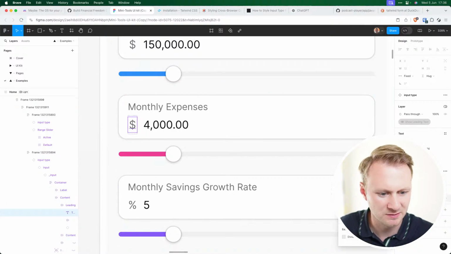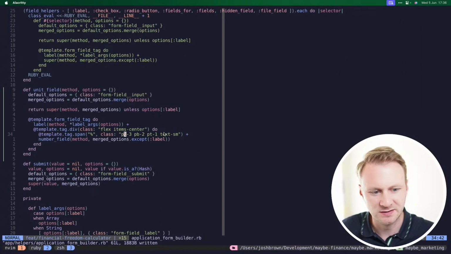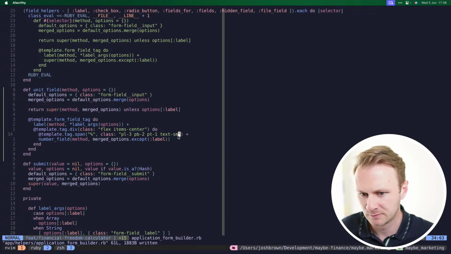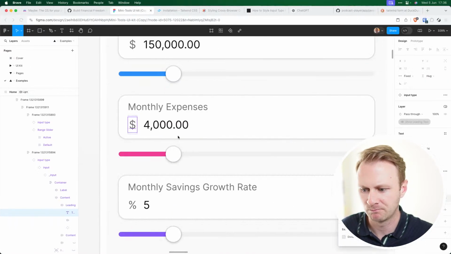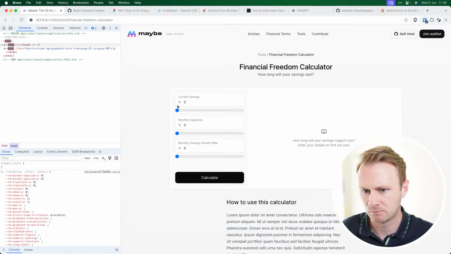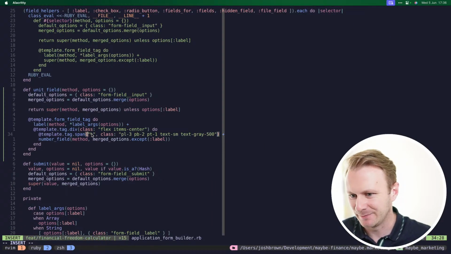Going to be the text grey 500, isn't it, or something? It's 14, which it is. Okay, and then instead of that, it can be